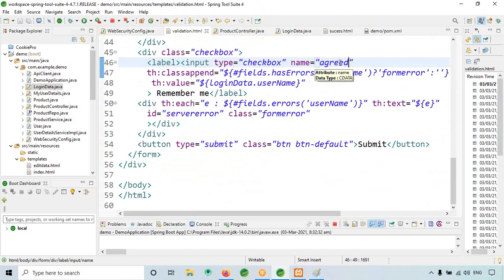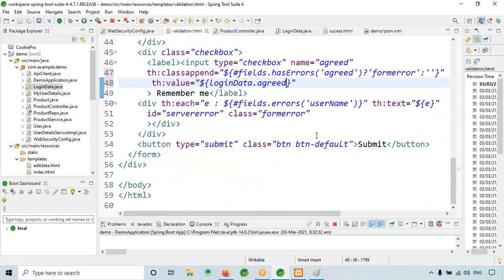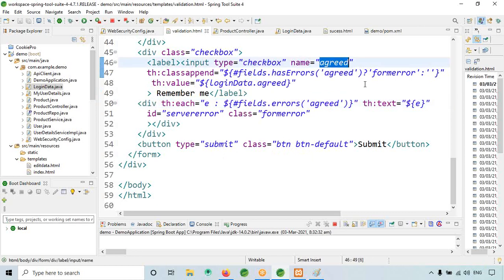Now here has errors. This is also agreed. This is also agreed, and this is also agreed. Okay, that's all. Let me type checkbox name is agreed. Okay, fields having agreed, form error.